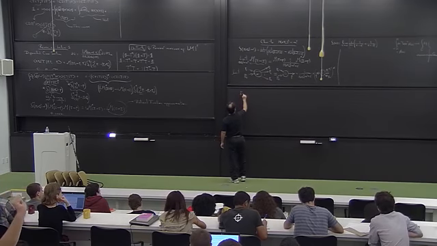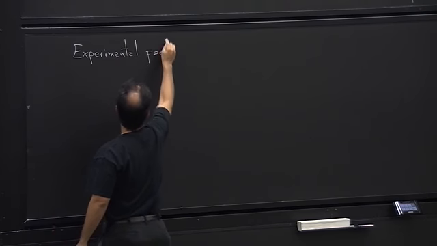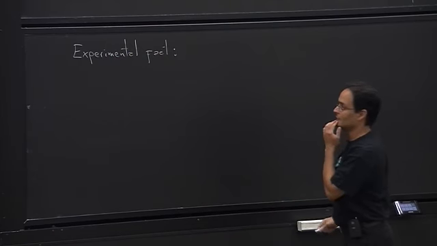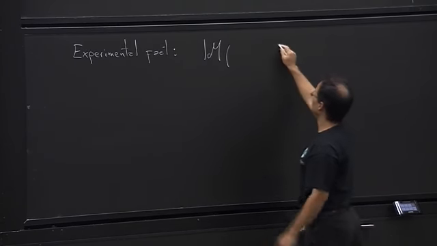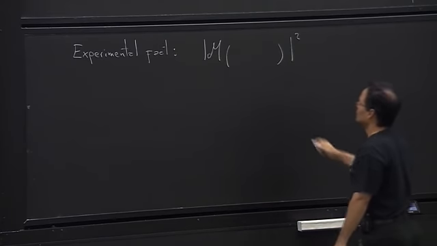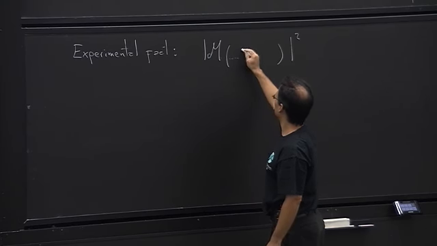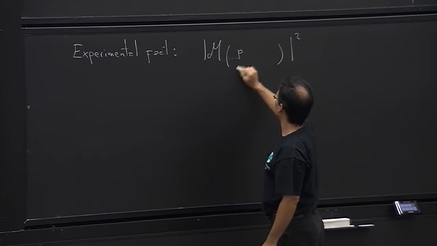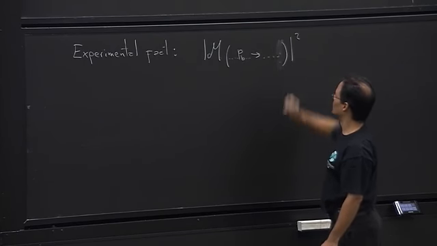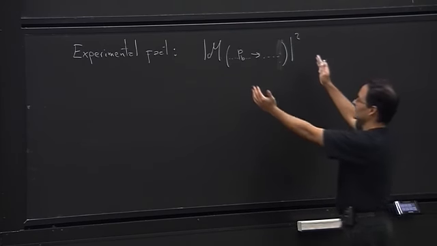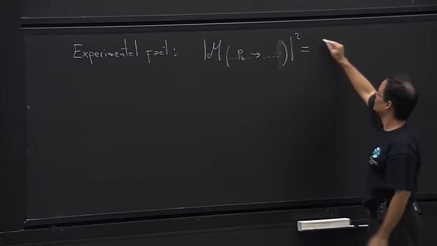Which is actually an experimental fact. And the experimental fact is that if we compute the matrix element, or we measure the matrix element of any interaction where you take some particles, let me say that you have some particles in the initial state, and they go to some particles in the outgoing state, okay? This, as a function, allows you, this is actually surprising, it allows you to compute